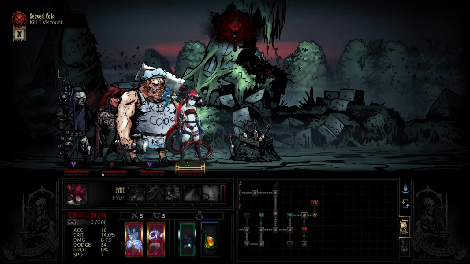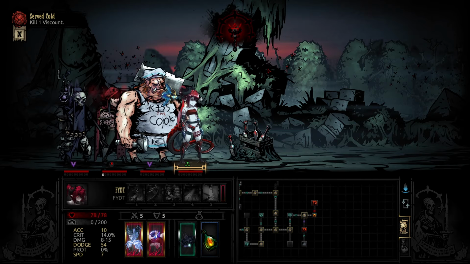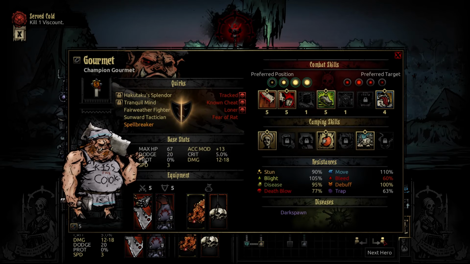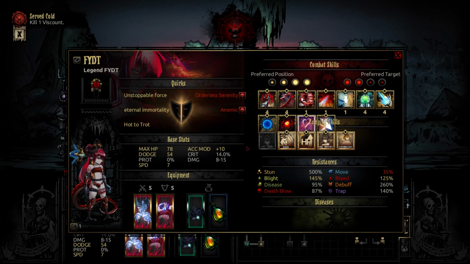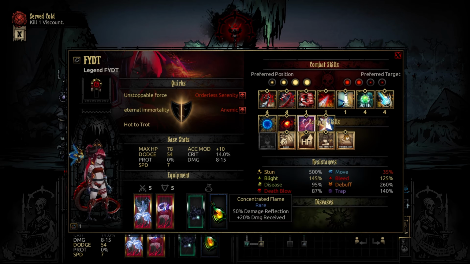Back into the fray. By the way, haven't done it in a while, so we're gonna do it now. Ooh, that's a good one. That's a good pop right there. Alrighty, so we bring the FYDT, who I purposely did not level up the abilities for anymore, just to try and keep it a little bit more fair. The Crown of Pain, Concentrated Flame, so she's a bit more balanced, kinda, and